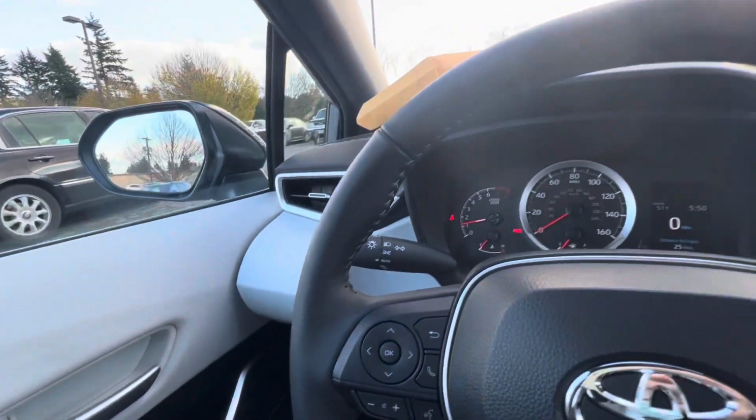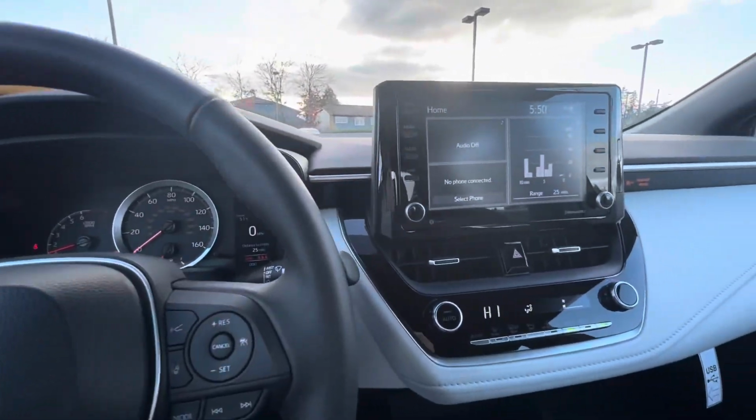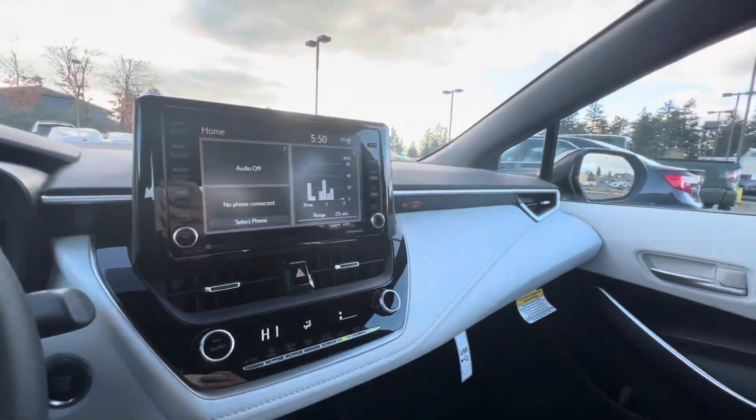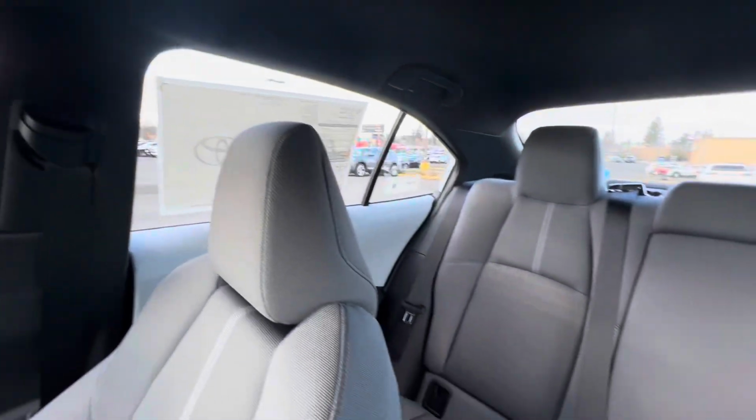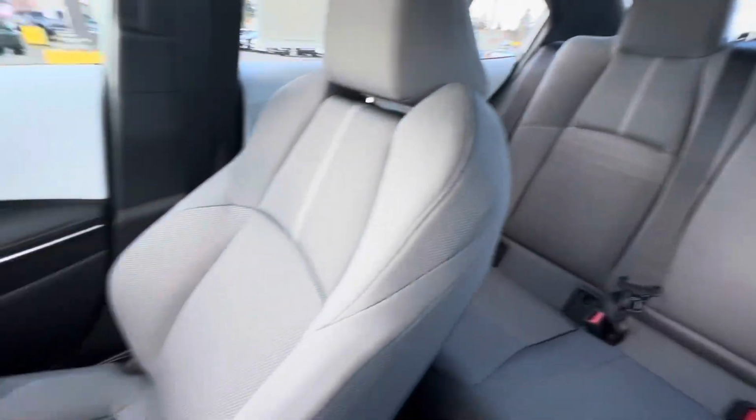Only 8 miles on this car right now. It is actually here and available for sale, which is really rare in late 2021. Most vehicles come into Toyota dealerships pre-sold. I'm sure this one won't be for sale long, but if you're in the market, please feel free to reach